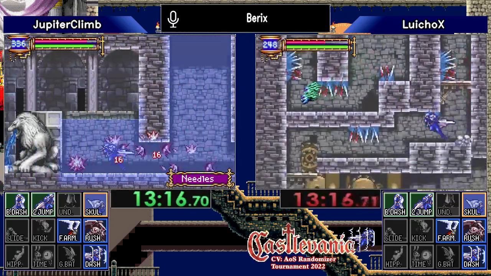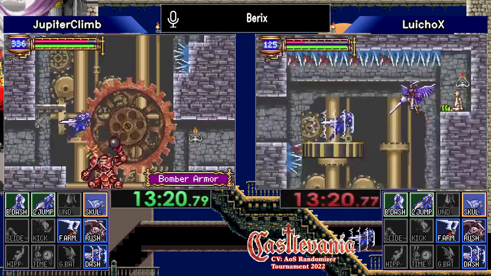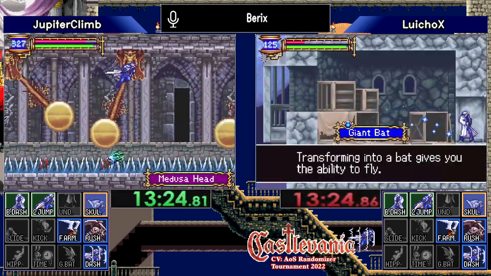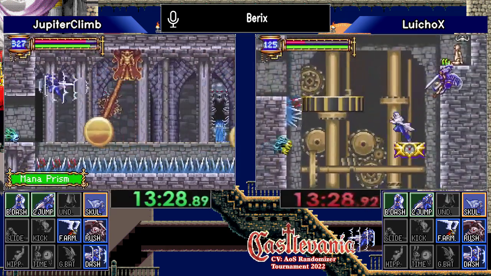Now, LuichoX doesn't have Slide here, but you can face tank through these spikes and get this check at the bottom. This could be big. That's huge. So Giant Bat there. It is both Flight